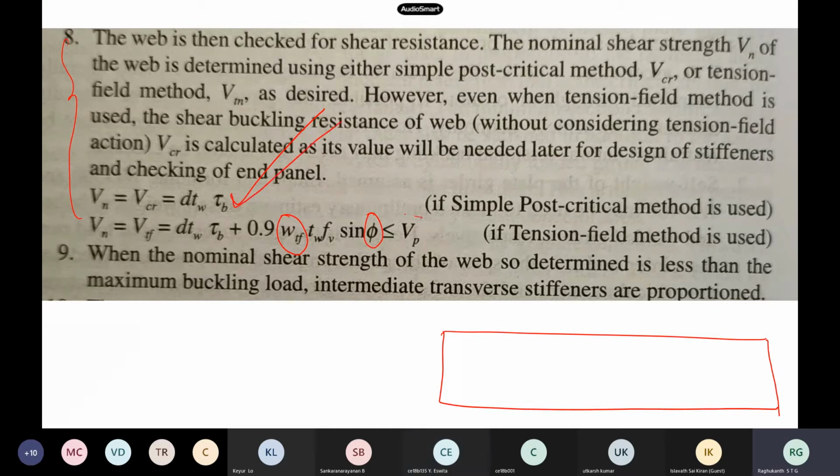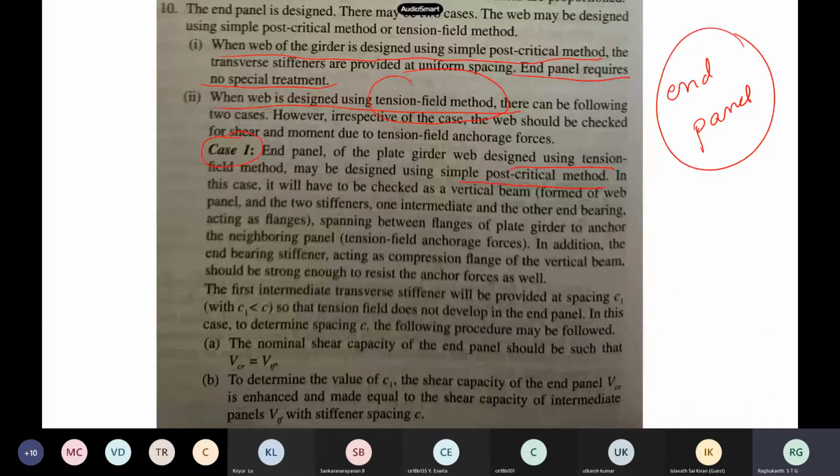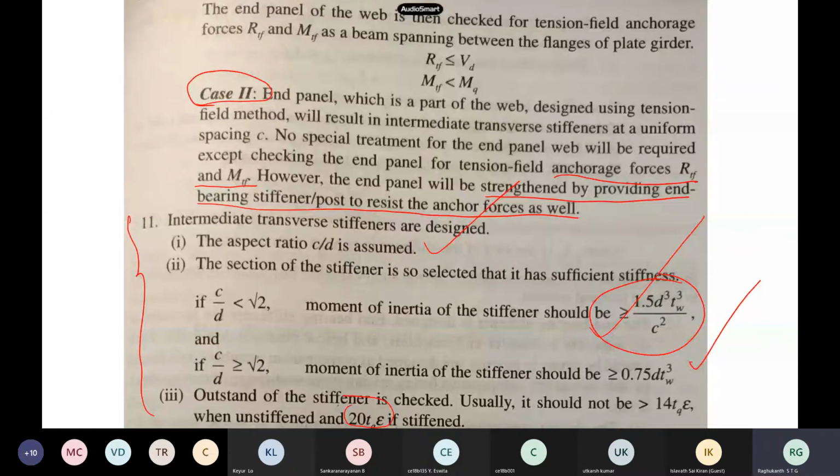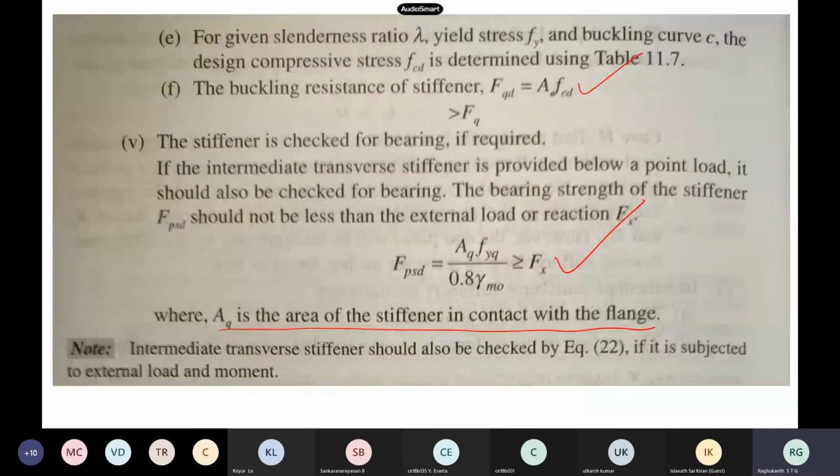So no stiffeners means no tension field also will get formed. So end panel design is gone, and the tension field design is also gone. And if it is laterally restrained, longitudinal things are also not required. There is no need to do it for each and every intermediate stiffener. That may not be required.